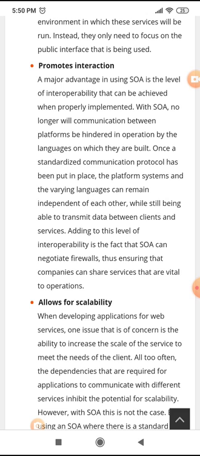Once a standardized communication protocol has been put in place, the platform, system and the various languages can remain independent of each other while still being able to transmit data between client and server.